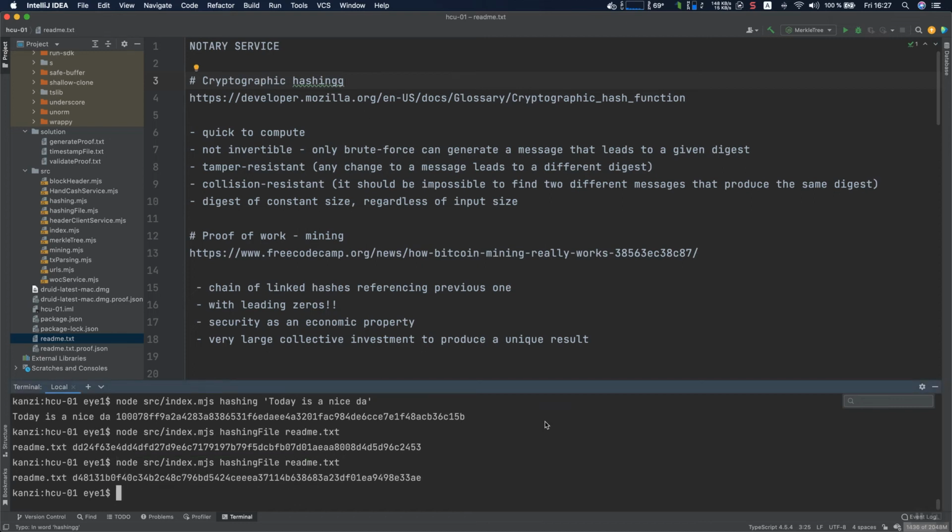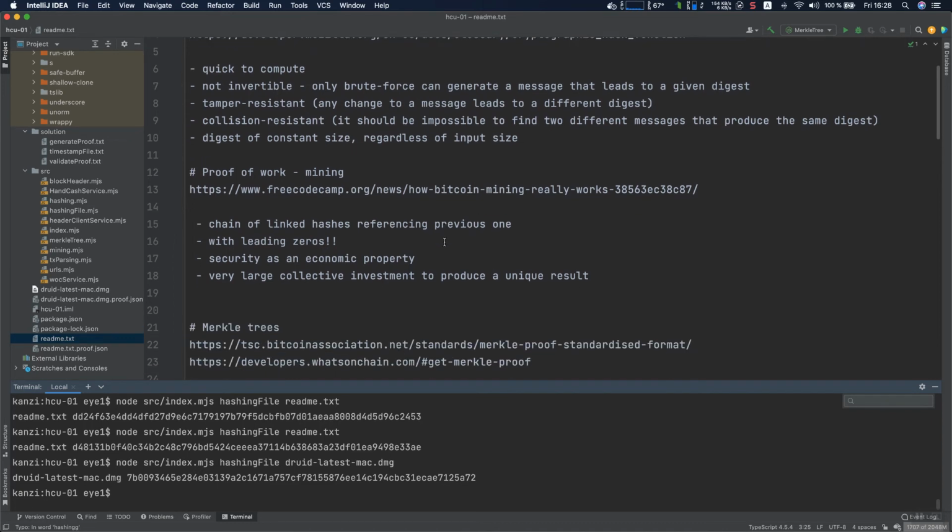Again, a very different result. Now, what's also maybe interesting here is I'm gonna hash a bigger file. For example, I prepared one that has like 40 megabytes. It's some Haste game. So also 40 megabytes was very quickly computed, right? Okay, so I guess that's enough about hashing, and we can move to the next topic, which is called mining,